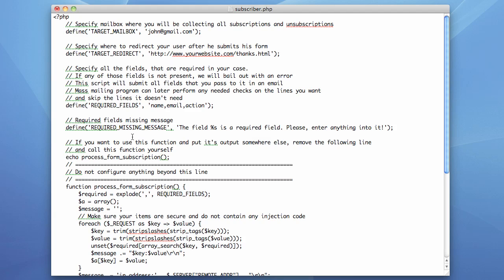And this is our message. Now once one of those fields is left empty by the user and once the submit button is pressed, our user will see this simple message